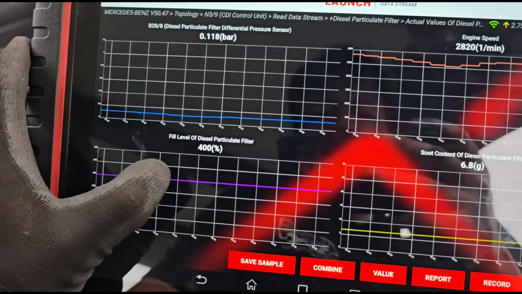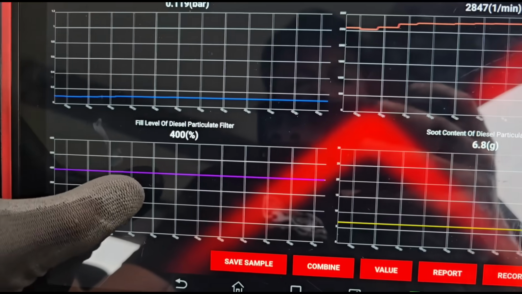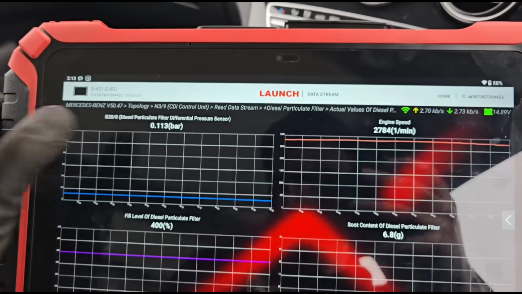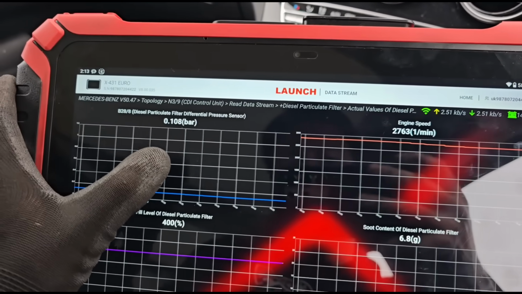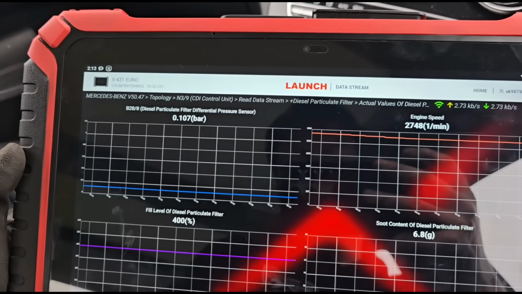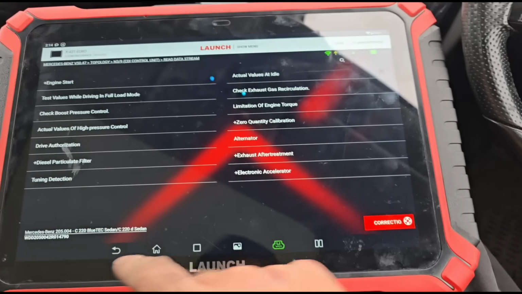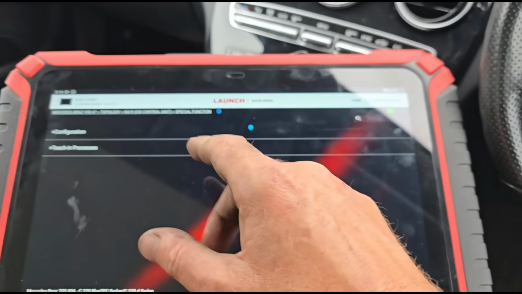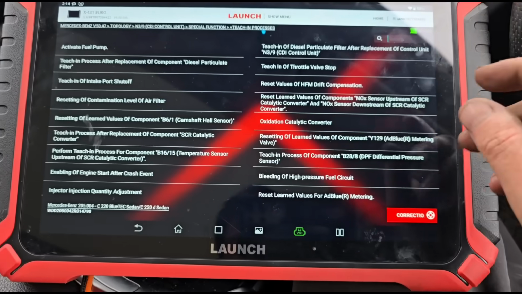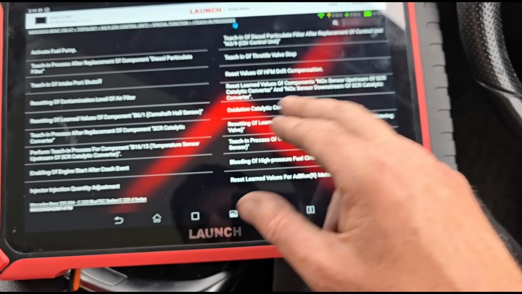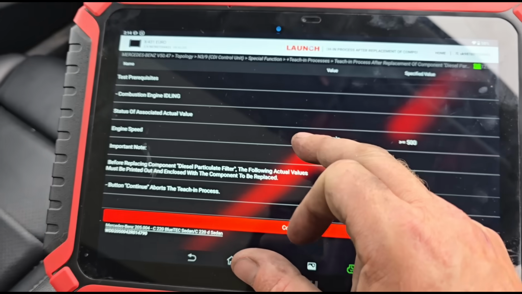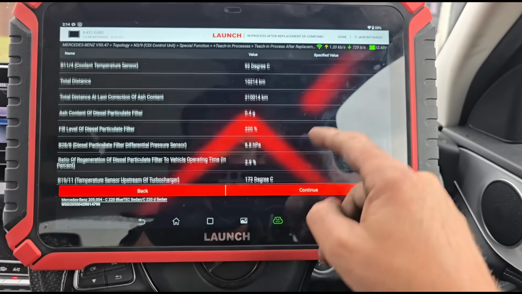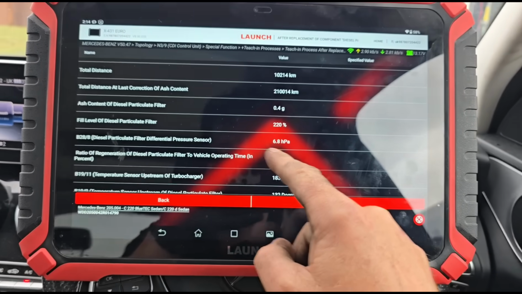So this fill level here is not going to drop, but once we get the pressure down we can reset the DPF values, which will reset this one. What we want this to be is around 6 millibars or less if we can. Okay, now we've run the DPF cleaner through, we need to go to special functions, teach-in process, and we need to find the DPF. Here we go. Replacement of the particulate filter. Okay, so we're going to do that now. So we're down at 6 now, 6 pressure,